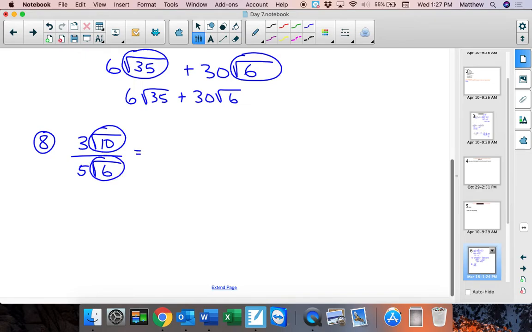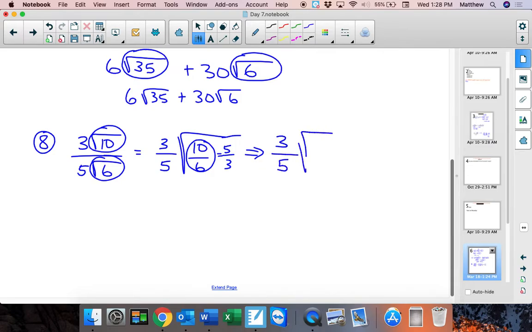So I could also write it as outside and then put everything, a fraction, on the inside, right? So when we say simplify the radicals, if we have a fraction inside the radical, we can simplify that too. Well, 10/6 I know is the same, if I divide top and bottom by 2, I'm going to get 5/3. So I could rewrite this as 3 over 5 times the square root of 5/3,